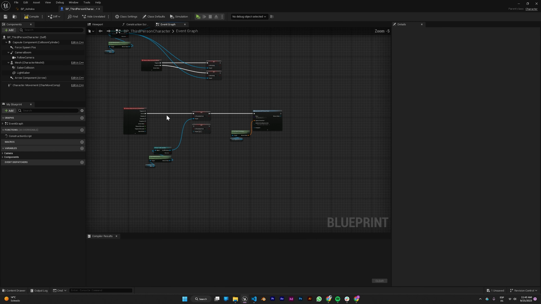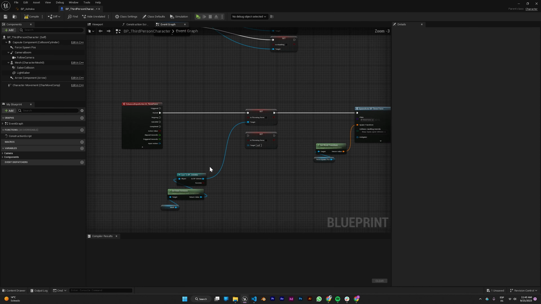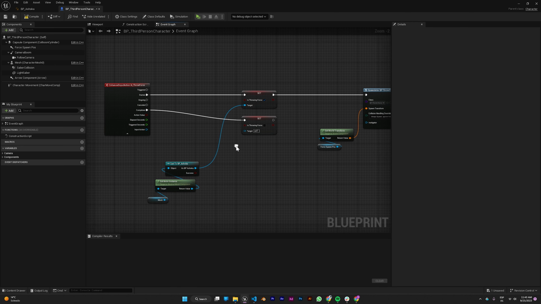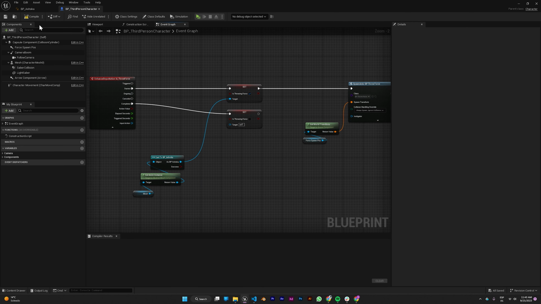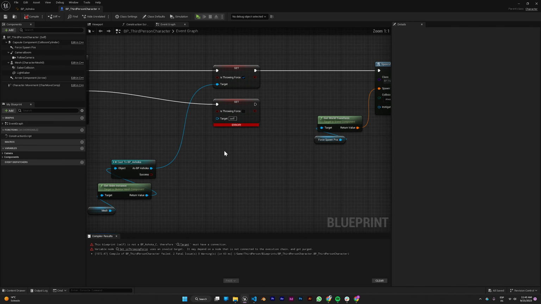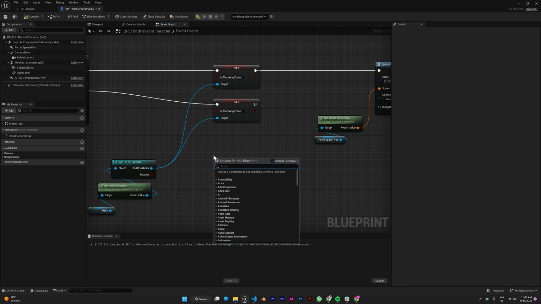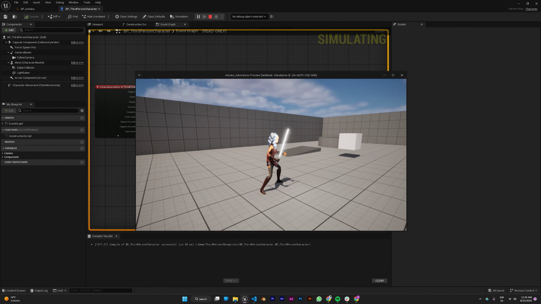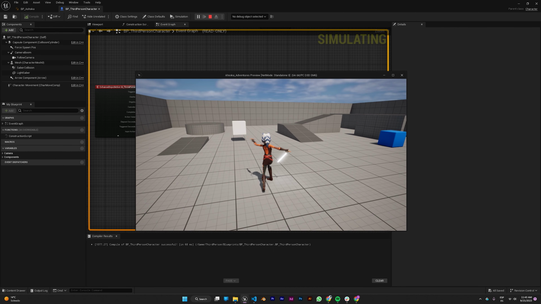If it's completed, I will set it to false. So now it will play the animation correctly,